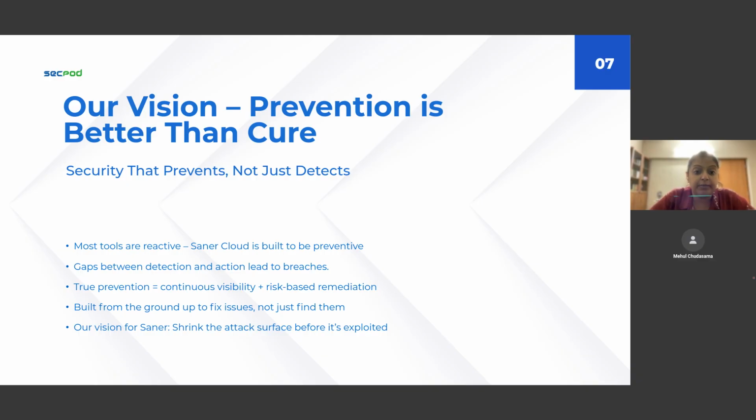We believe very firmly that this model is actually flawed. So Sano Cloud doesn't just wait to detect, we also prevent. We focus on what attackers are actually looking for on a day-to-day or a minute-to-minute basis, in fact, which is exposed workloads, misconfigured cloud assets, unpatched vulnerabilities, excessive permissions, and also gaps in compliance. And also, what we're looking at is to close every single one of these gaps before the threat actor even arrives in the first place.